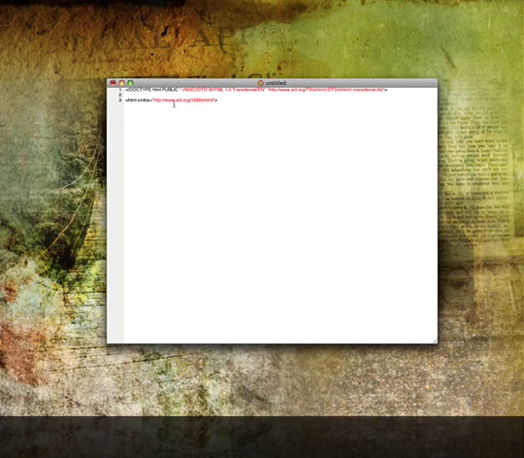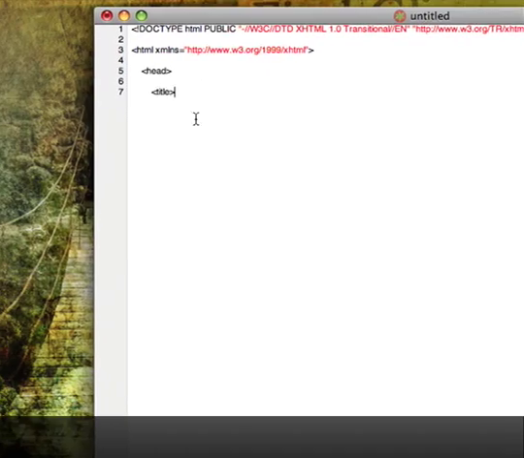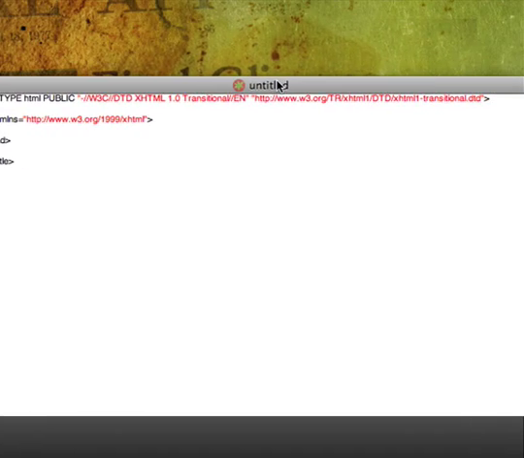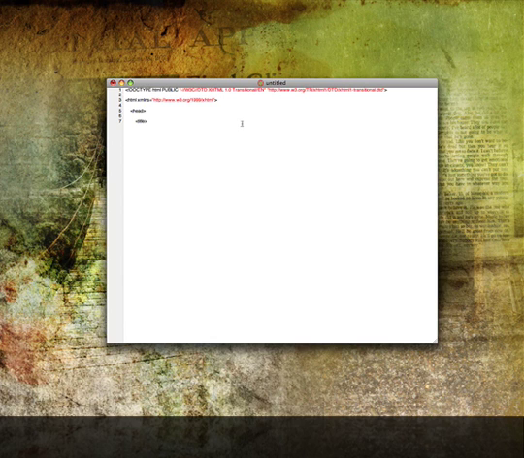Okay. Next, we're going to need to do a head tag, which contains the information about the document, as I said. And then in this section, we're going to have our title tag, which basically at the top, see how this says untitled, whatever you put here will show up here. And so again, whatever's here shows up here. Okay, so our title, we'll call this my first web page